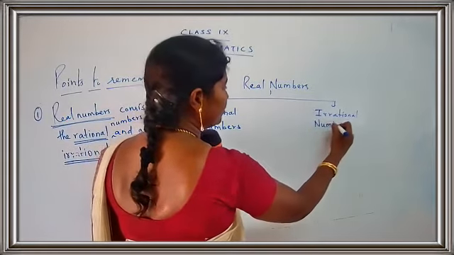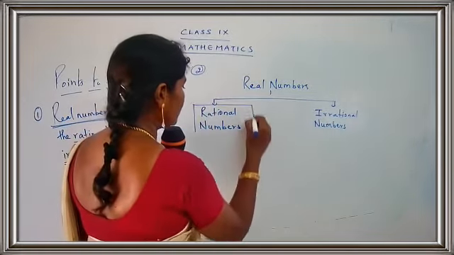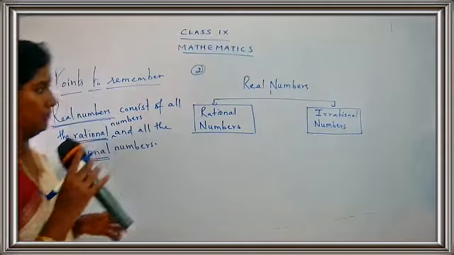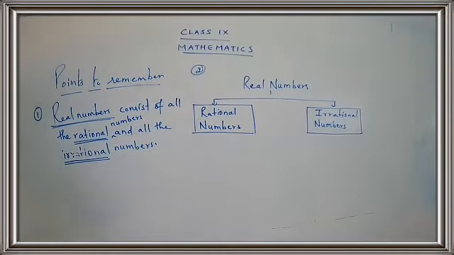I'll just wait for you, children. Use your scale and pencil and complete the flow chart. No one is going to do it directly with your hands. I want the figure neatly. Come on, start with the work. You can just refer to page 55 for the flow chart. So real numbers consist of rational numbers and irrational numbers. So after writing down the first point, the second point is the flow chart.